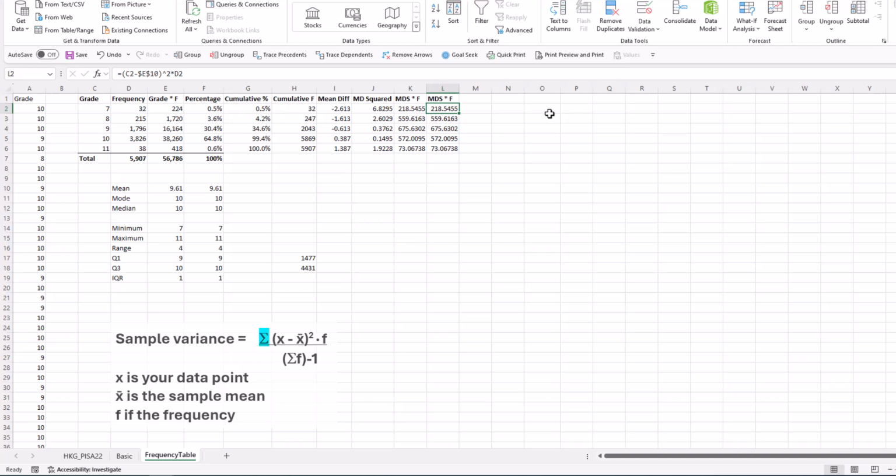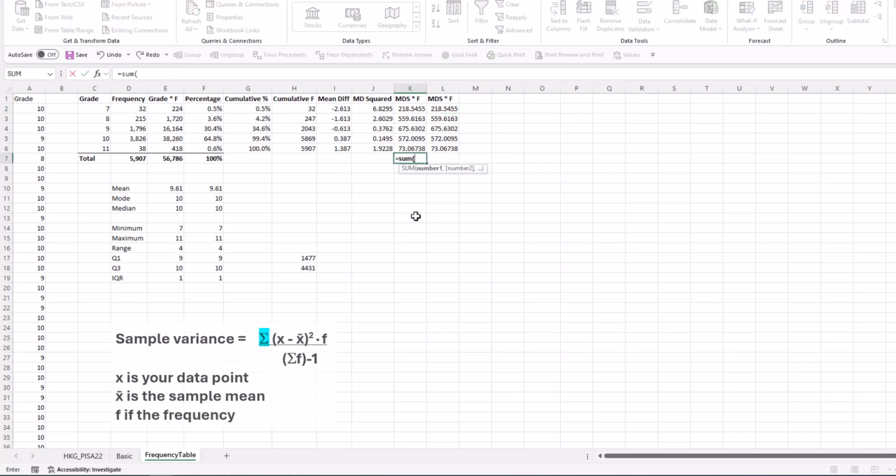Finally, we need to take the total of MDS times F. So equals sum. Perfect. This will be our numerator. Okay, we have all the elements we need to calculate the variance. Put variance here equals the sum of the squared mean difference times the frequency, which is right here. We divide that by the sum of the frequency minus 1. So the sum of the frequency is in cell D7. Minus 1. So we'll open the parenthesis. There's our sum of the frequency, minus 1, close a parenthesis,